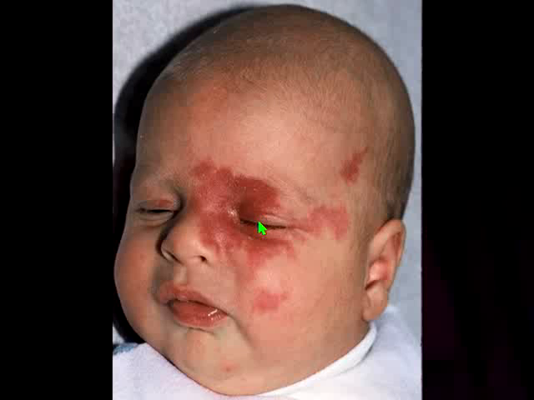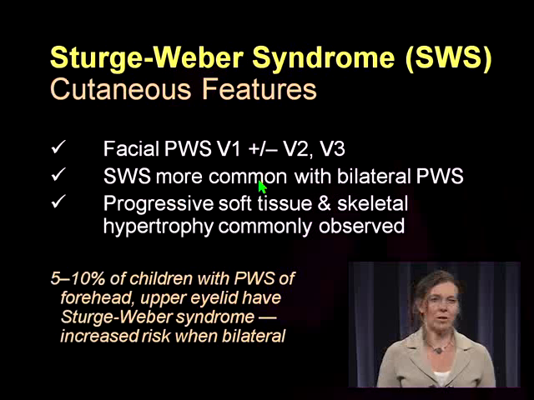So if you have the eyelid or forehead, scalp, that's going to be V1. This mid-face distribution here is going to be V2, and that's where we really worry about glaucoma. And then V3 would be the lower face. The other thing we worry about when we have involvement of V1 is the possibility of central nervous system involvement